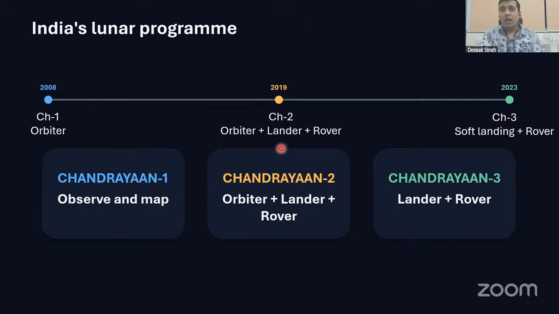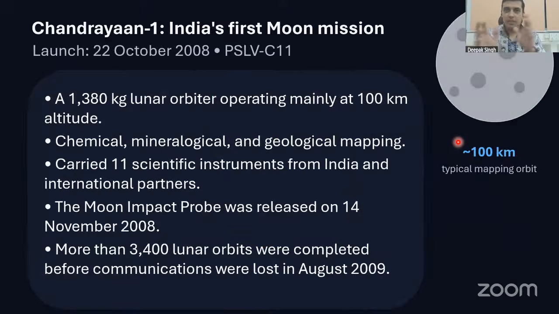The next one, we had planned for orbiter, lander, and rover. But unfortunately, as some of you already know, the lander and rover didn't work because of some issues, which I'll talk about in a bit. And then Chandrayaan 3, which was launched just a few years after that, to rectify these things and fix the landing part, so that now we have lander and rover operating actually. And I'll show you some images also. So just wait. So this was the idea.